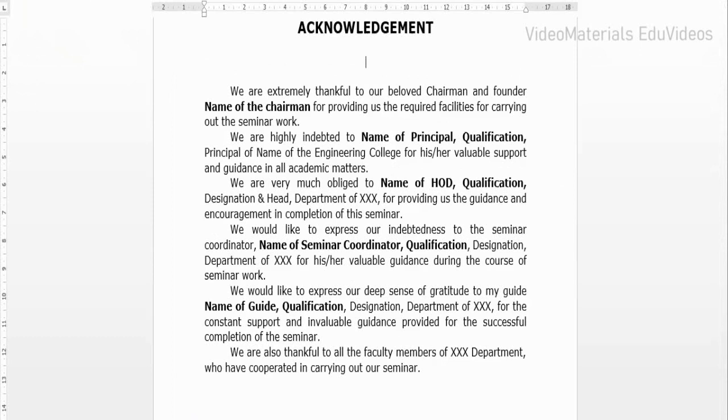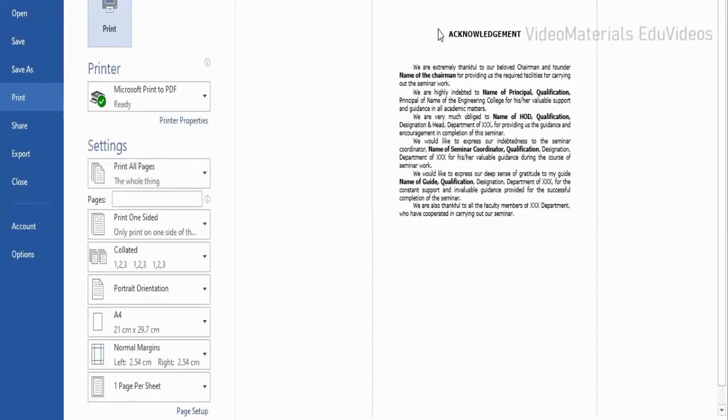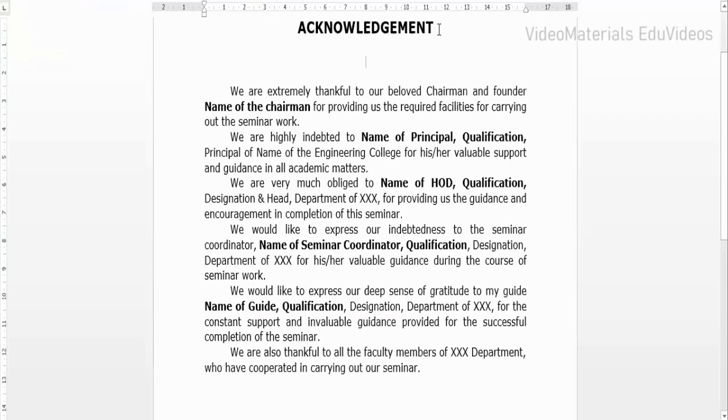So this is how we can give the line gap, and when we see the preview it is somewhat better to see now. Now I need to format the content where there is no line gap in the content. Here after the first paragraph I'm going to maintain the line gap like.